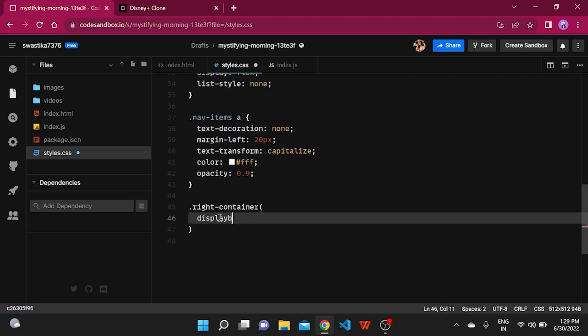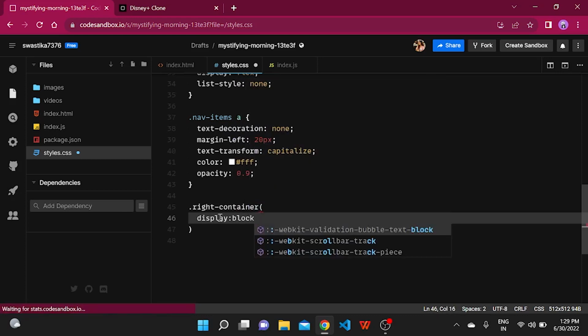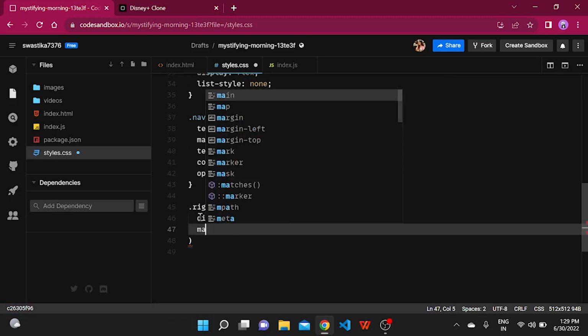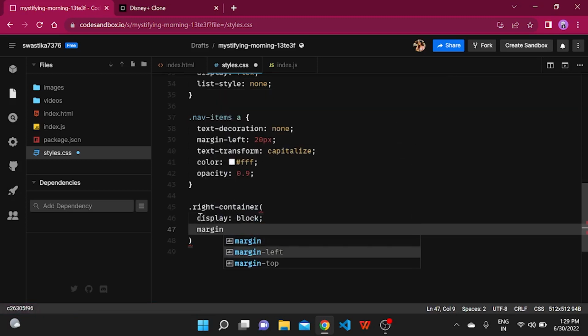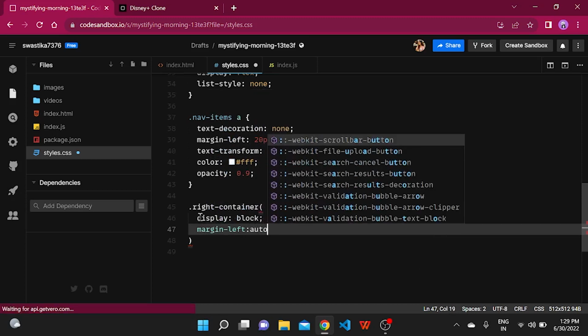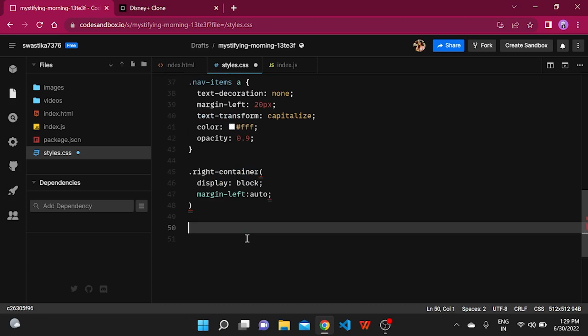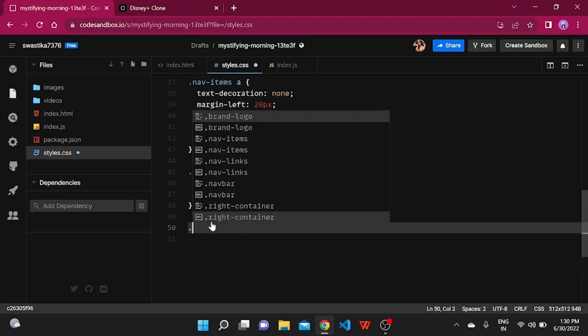I'll put the display here as block and the margin to the left as automatic so that it automatically assigns it to the rightmost corner of the navigation bar. After this, we'll